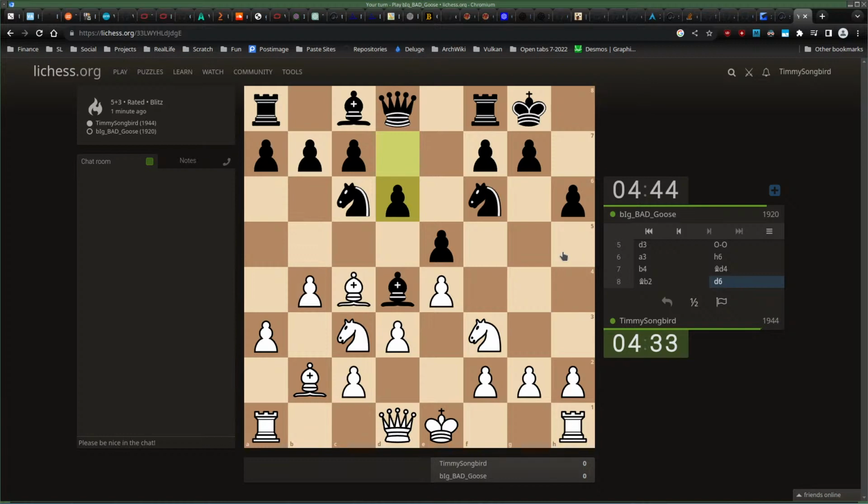Maybe it is a problem. I need a better plan. I feel like attacking. I think attacking is a good move, but castle long and then start attacking here. Oh boy.